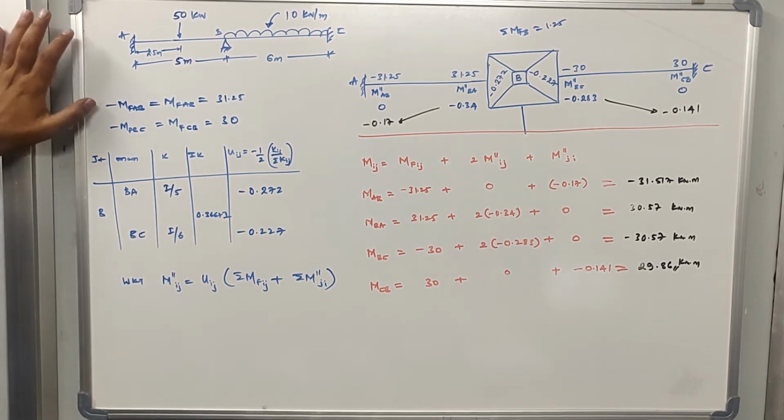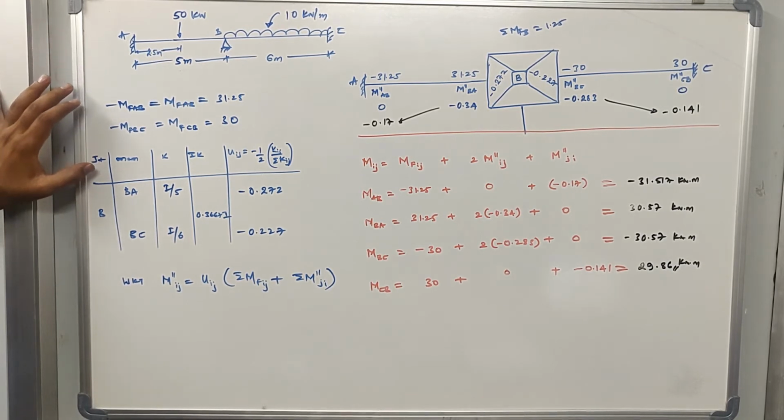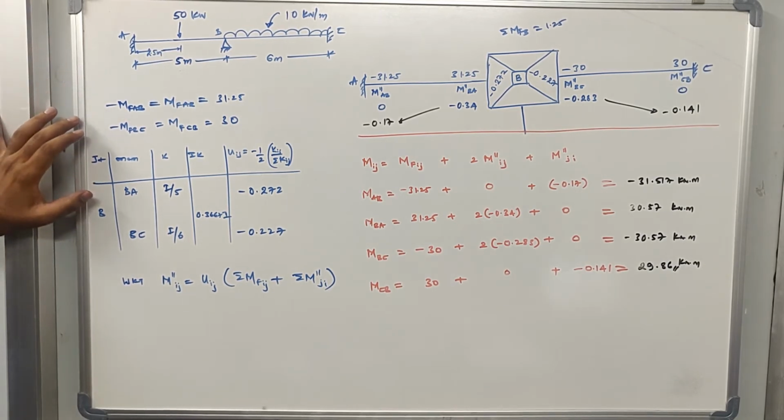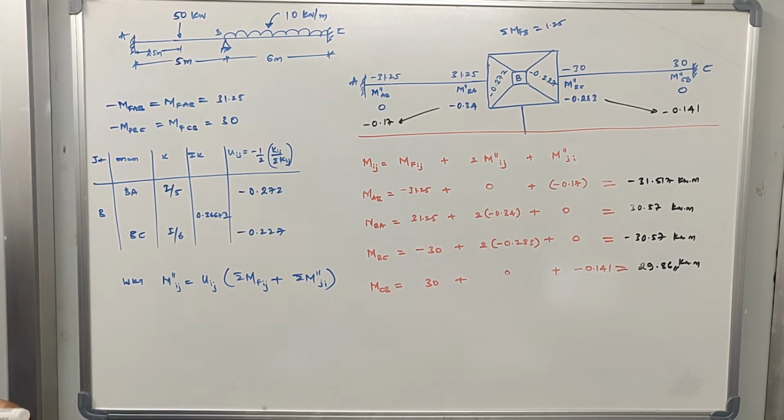So after calculating the fixed end moments, the next step is to calculate the rotation factors. Okay, so in the previous method, moment distribution method, you used to calculate the distribution factors, right? Distribution factor was basically the ratio of relative stiffness divided by joint stiffness, right? So here we are going to calculate the rotation factor, and we know what is the equation for rotation factor. Previously I had solved this equation.